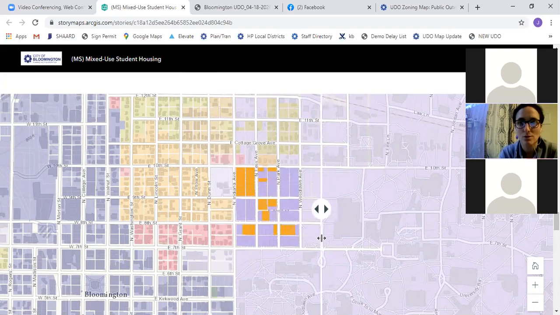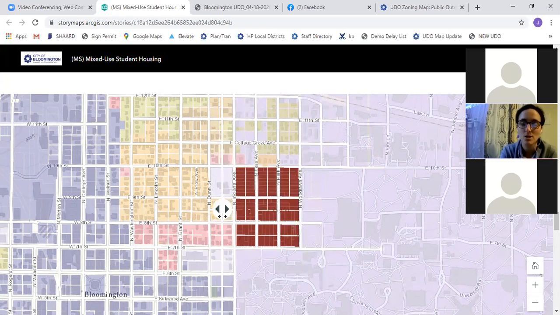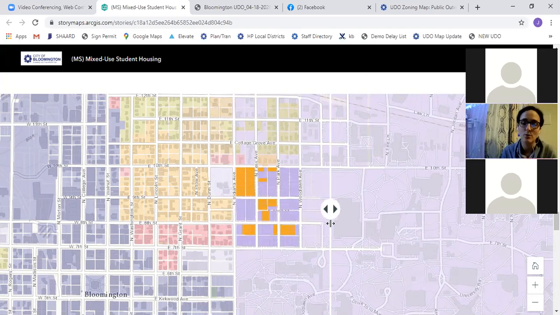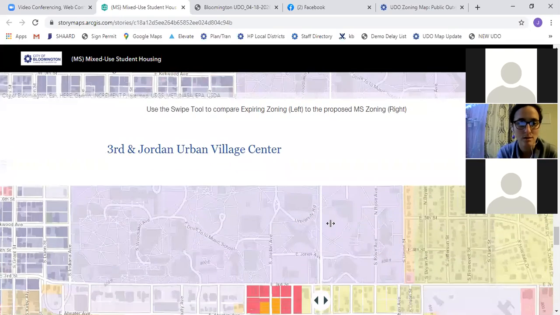So of note, IU owns some of these properties that are zoned mixed use institutional. Their property, so that zoning is a zoning district with regulations and uses, but Indiana University is not beholden to local planning and zoning, so they don't have to follow any of those regulations. So even if it were to be rezoned to mixed use student housing, they still would not have to follow any of the regulations from our zoning code. But if this mixed use student housing was in place, then were they to sell them in the lifespan of this code, we would already have a district in place that we feel is appropriate in this area. And that's why we've included those properties.